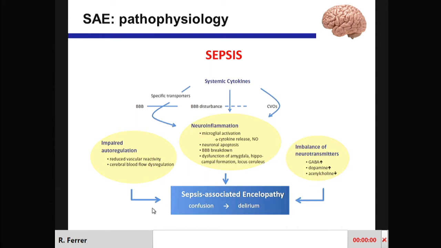What is the pathophysiology of this condition? These systemic cytokines are activating the microglial cells. How do they arrive at these microglial cells? They arrive because they have specific transporters, because the blood-brain barrier is altered, but sometimes they are able to reach the brain using specific pathways which are very close to the ventricles, where there is no effect of the barrier. So this activation of the microglia is the cause of the systemic inflammation in the brain,